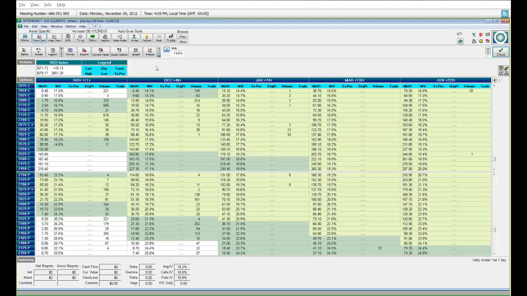Now, there are ways for you to predict which way the market's going to go. You've heard about buying calls or buying puts. If the market's going to go up, we want to buy calls. If the market's going to go down, we want to buy puts. Right. Well, there's also little things that we need to know about those calls and puts. In other words, are they expensive relative to history, or are they cheap?